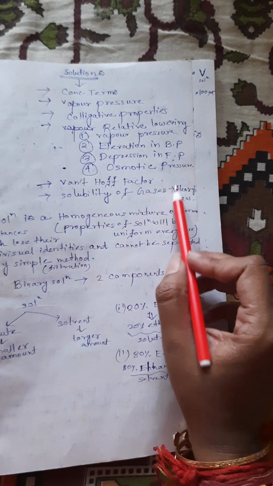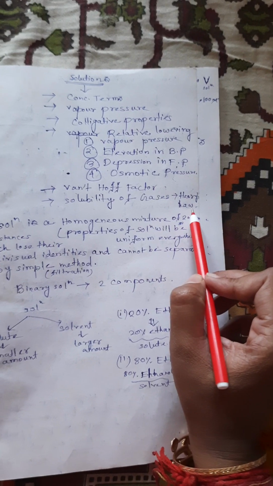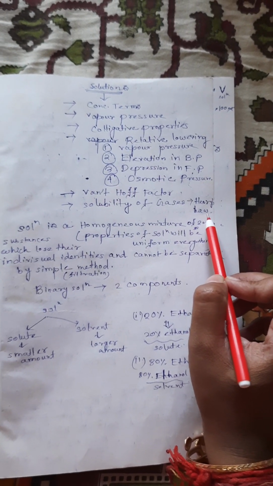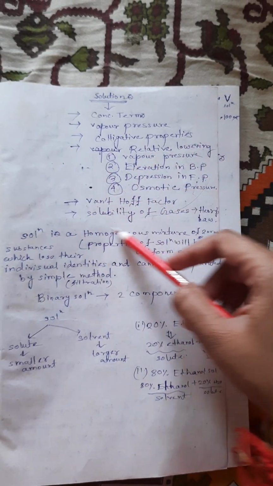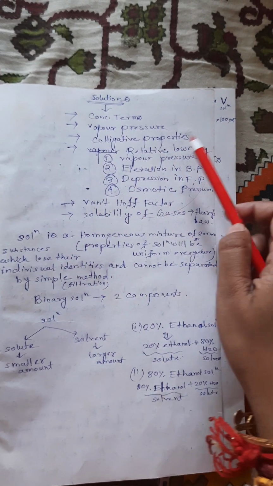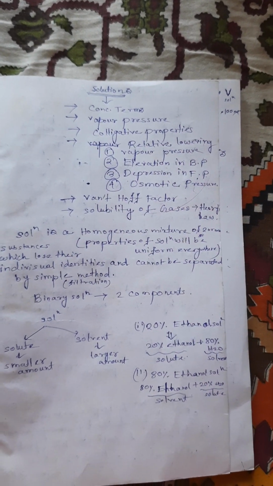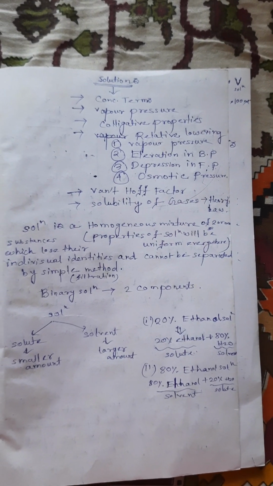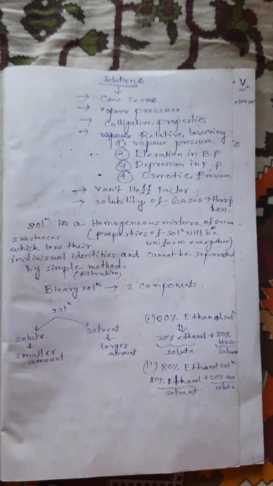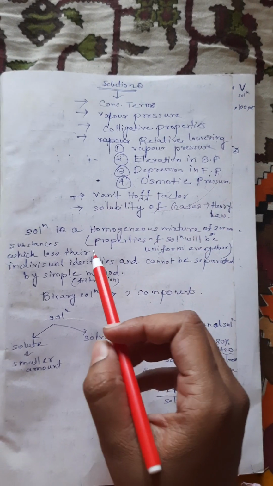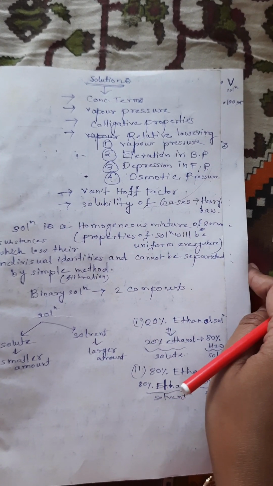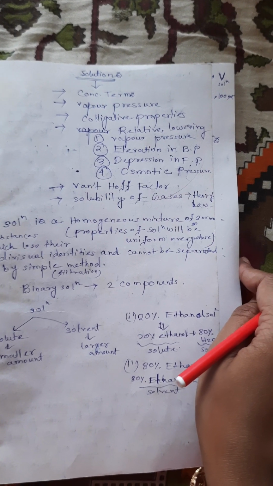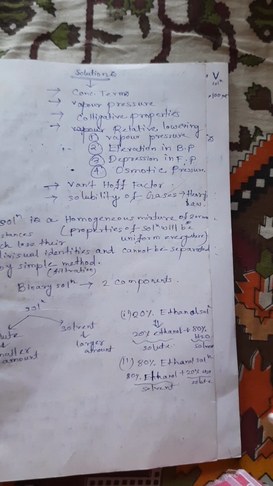That means here there is a law. This law is called Henry's law. Is this clear? These are all the topics we will read in this chapter. Okay, now we start from solution. Definition of solution. You all know the definition of solution. A solution is a homogeneous mixture of two or more substances which lose their individual identities and cannot be separated by